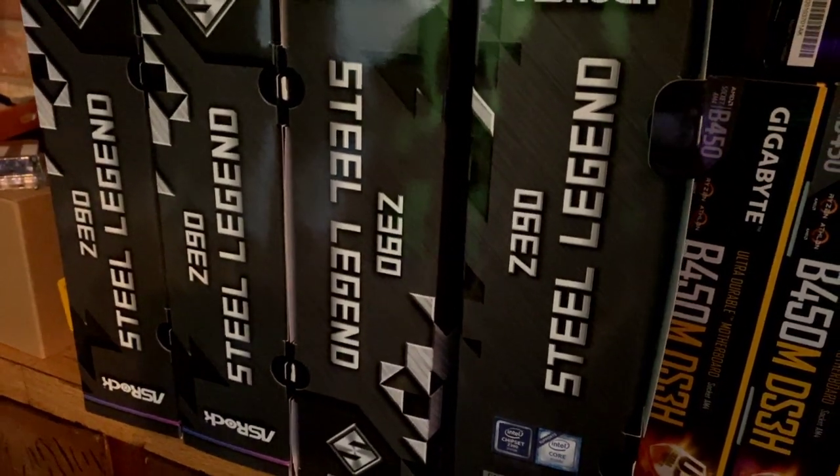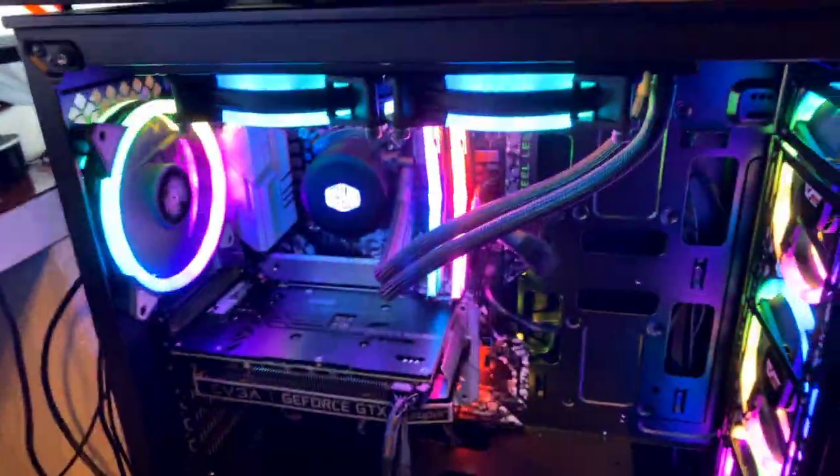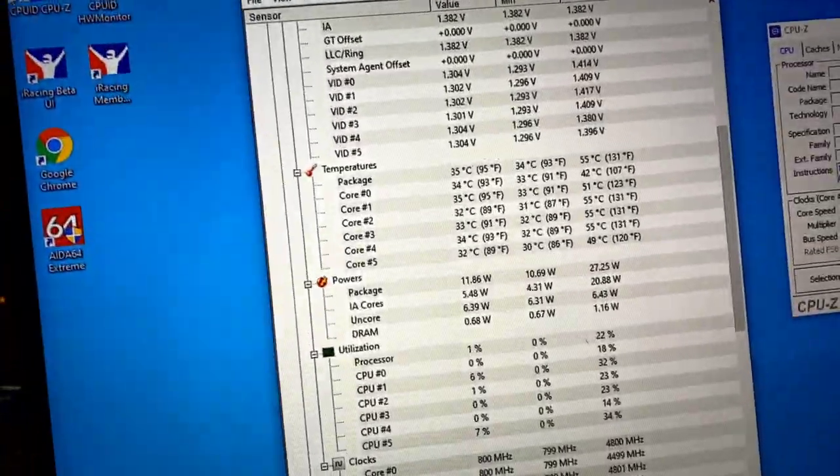ASRock Z390 Steel Legend. They give fantastic out of the box overclocking ability for all the ones that I've seen so far, or that I've done so far. Okay, so enough about that. There's a keyboard I just have that I'm doing that one in mine. But okay. So first off, let's take a look at the